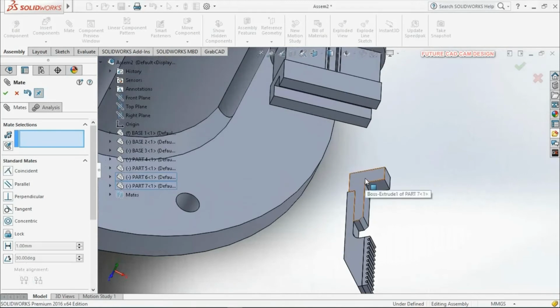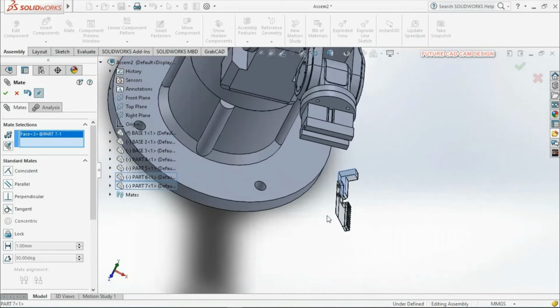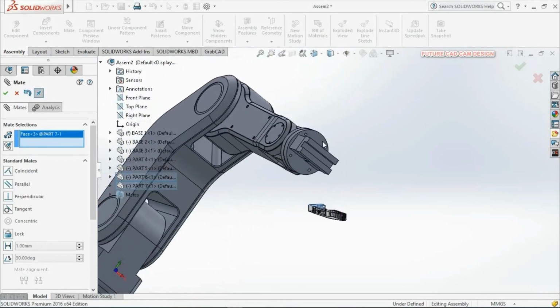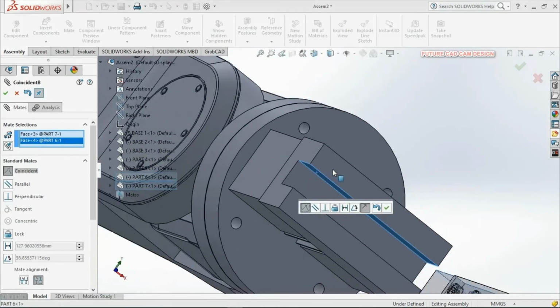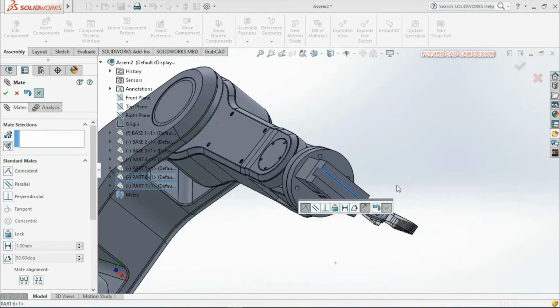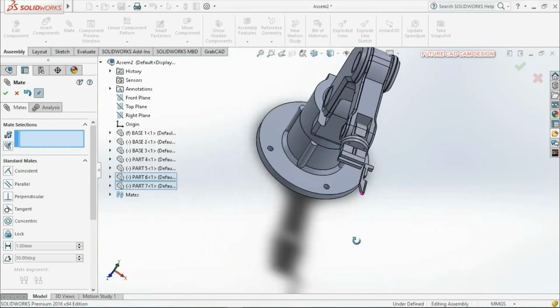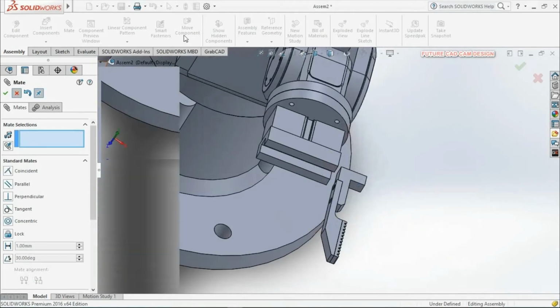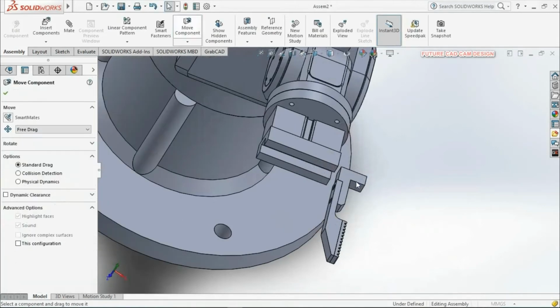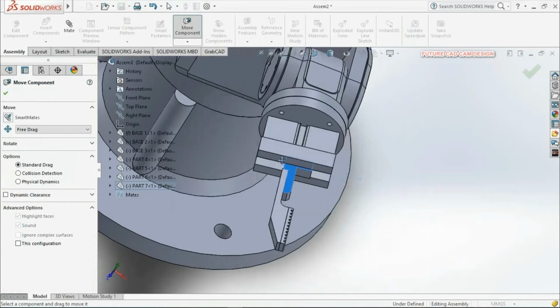Again this top surface of the gripper to this top surface. You can see now this is aligned in both directions. We will move this component.